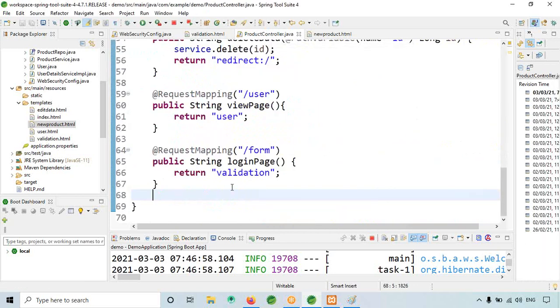So here what I will do is, I need to write some methods.